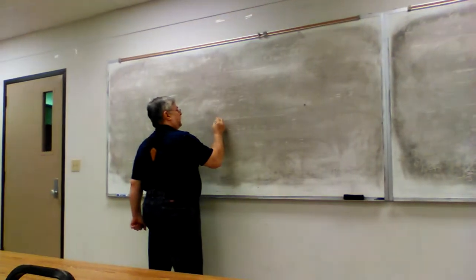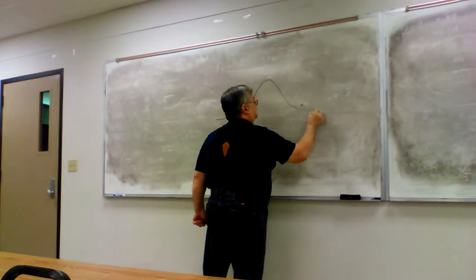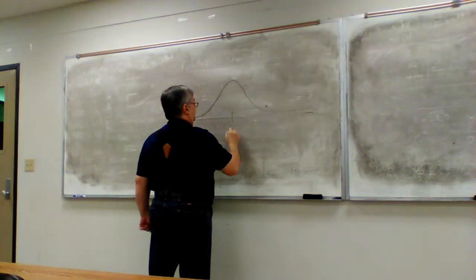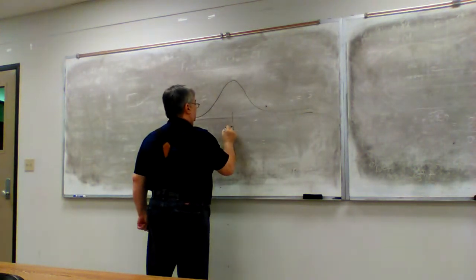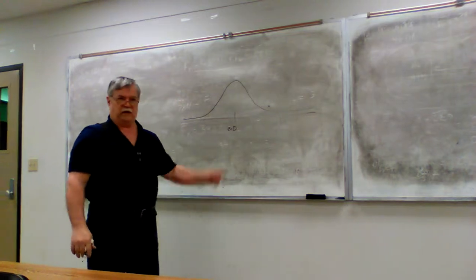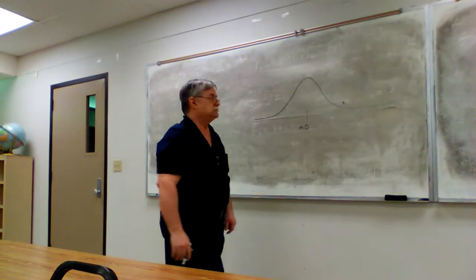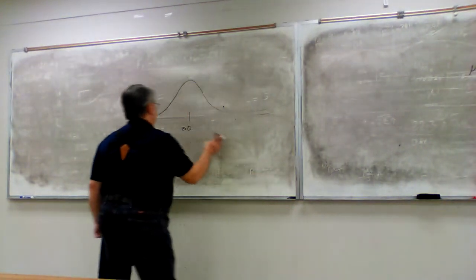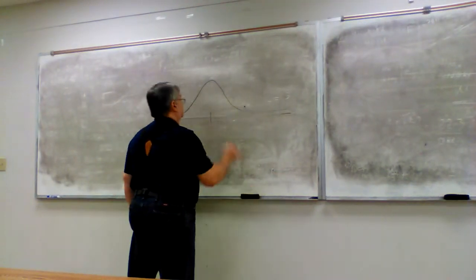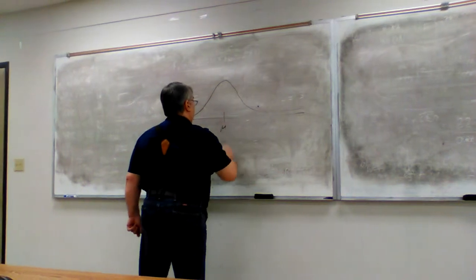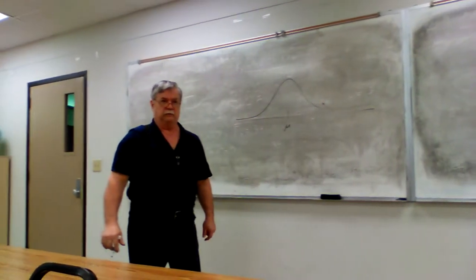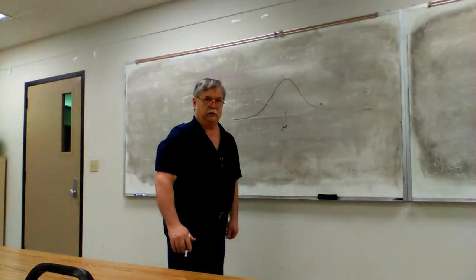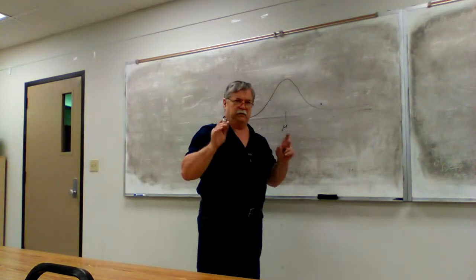Here is your standard normal distribution. There's z equals 0, the mean of that distribution. Back up a minute. We're going to say this is the population, and that's the mean of the population. Now, if we start taking samples, if we take any one specific sample,